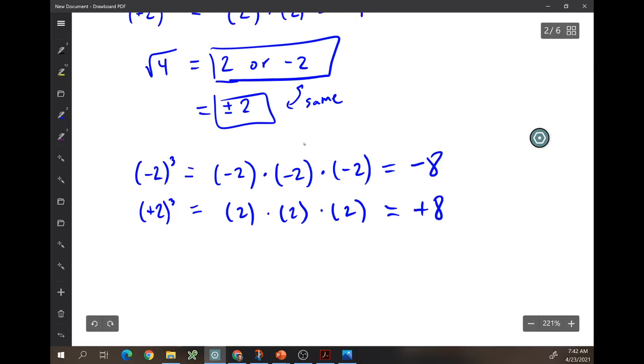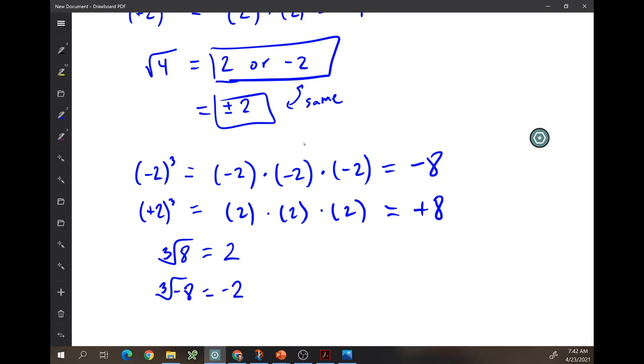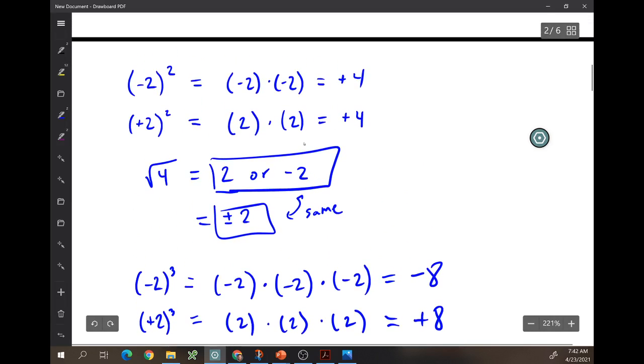So if I had the cube root of 8, I get 2. But if I had the cube root of negative 8, I get negative 2. There's no or. And we're going to talk about the pattern and how to know when it's the or and when it's not. But before I do that, I want to come back up here to this one and think,